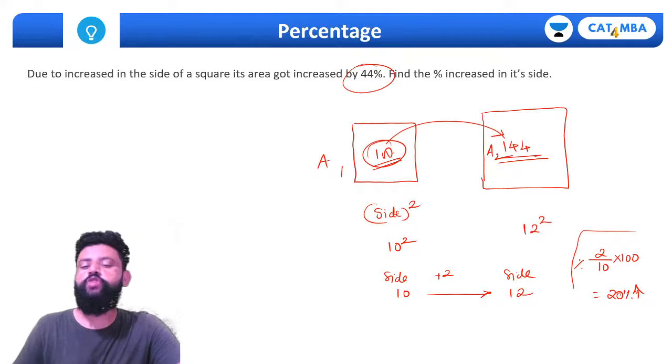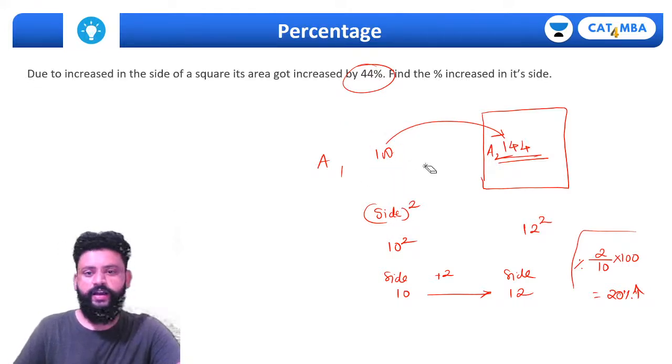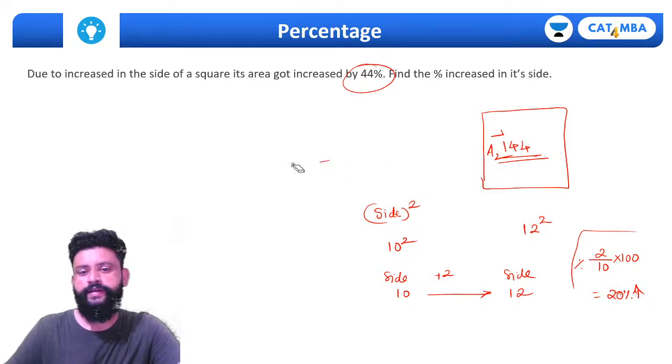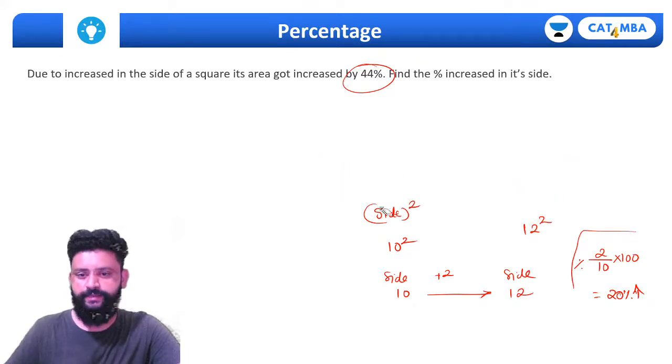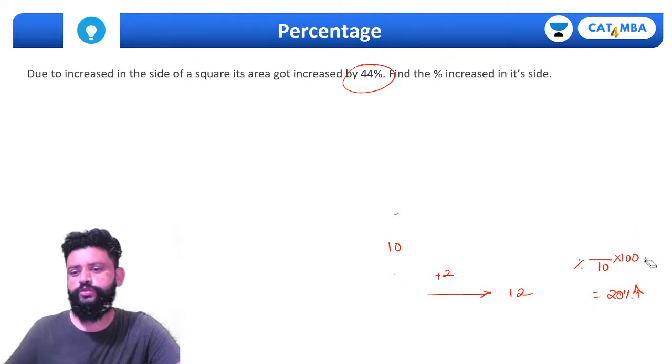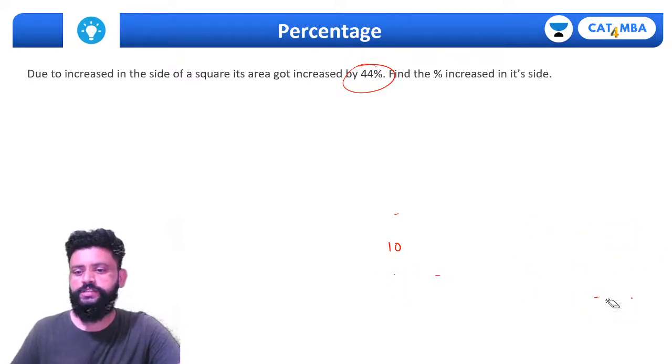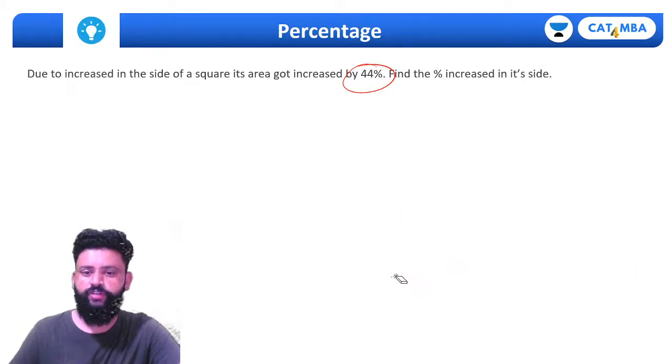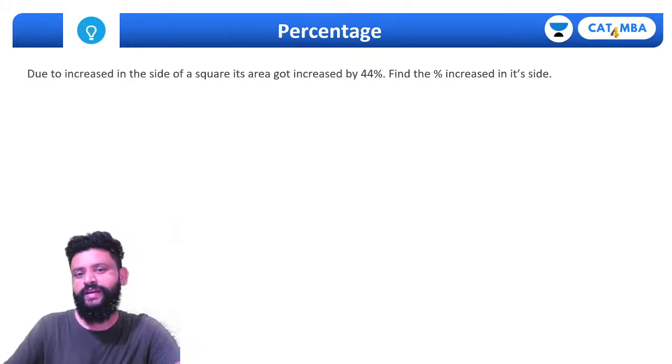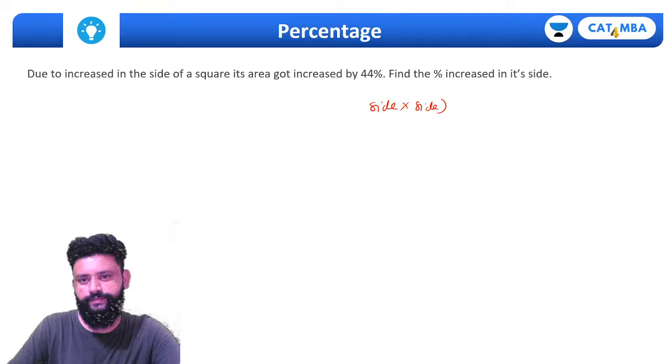Okay Satyaprakash, now what happens? Just now you were assuming 100, which takes a bit longer. Okay, then one more thing. Listen, this is one way to do it. I'm explaining one thing because you are using that formula and there are many students who know that formula. That's a quite popular formula for percentage change, and some people use it here also: side into side,